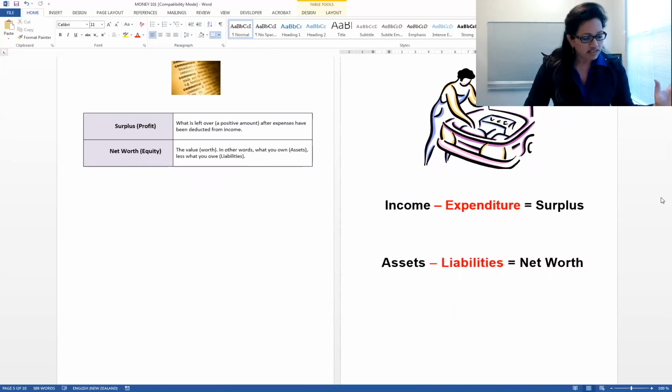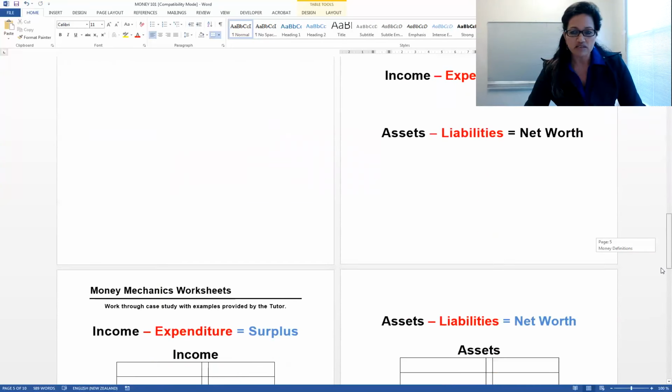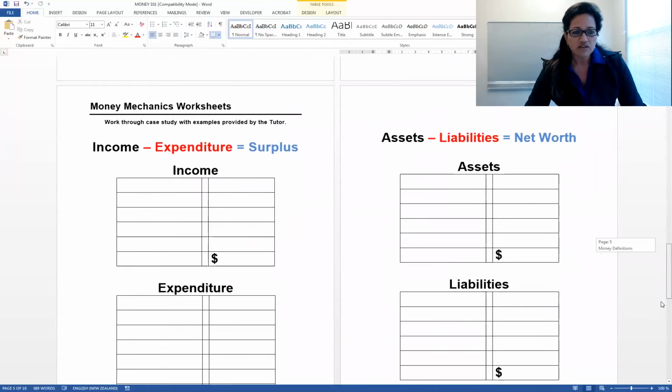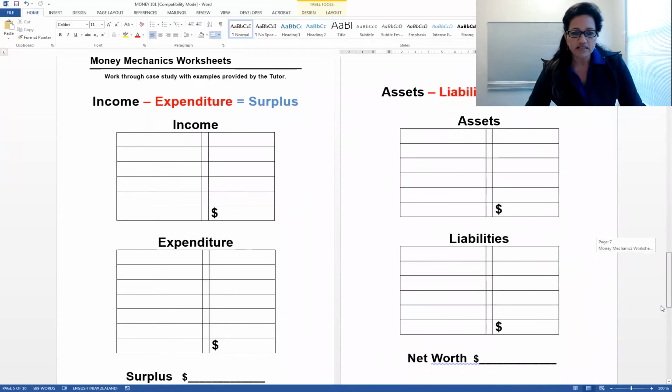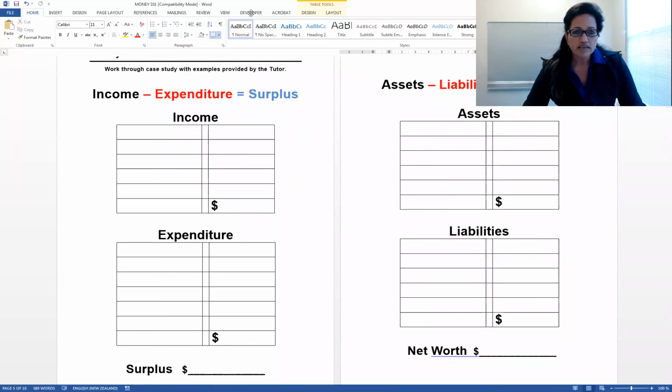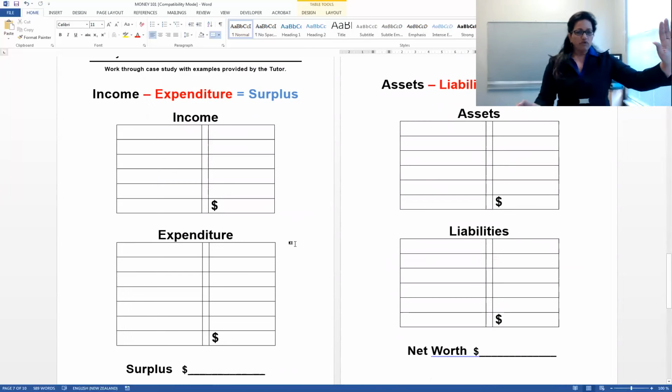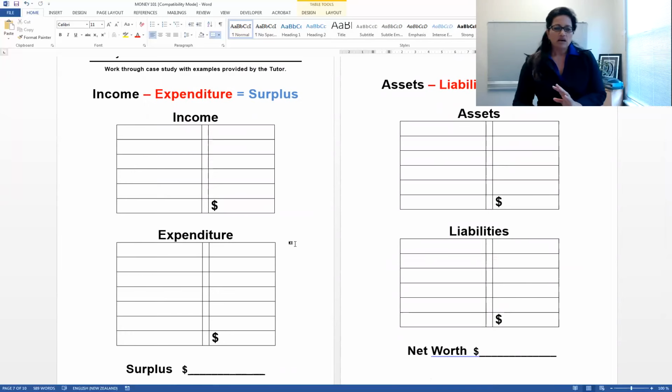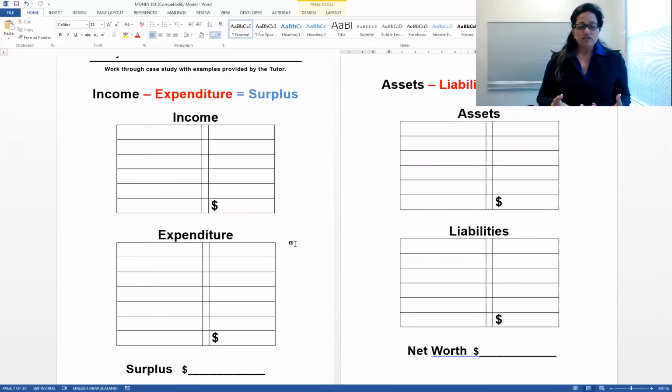worth. Let's do an example around that, which will hopefully help you see that the two pieces of information are very important for us to understand to make some better financial and money decisions. I've got this workbook on the following pages that we're going to work through by using just the four areas: income, expenditure, assets and liabilities. I'm going to give you a practical scenario.